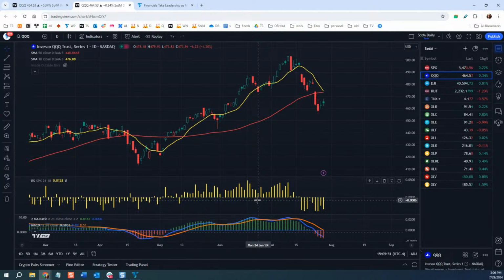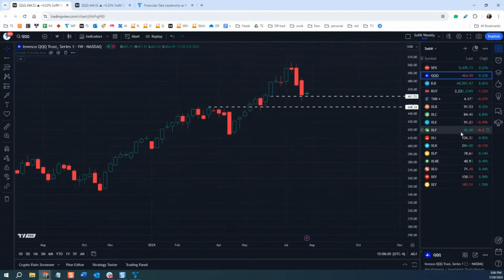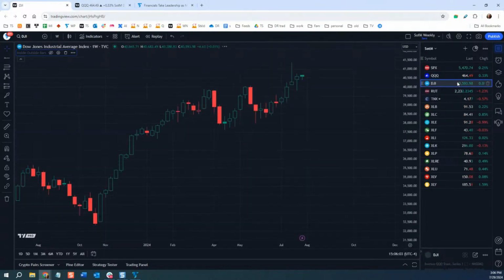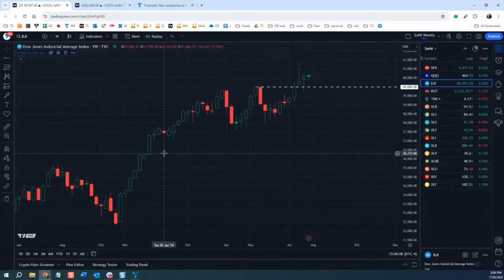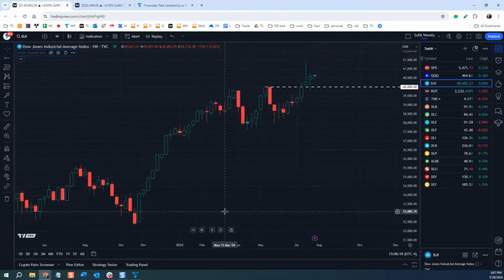When we look at some of the other things that are similar to the Qs, like the XLK, the XLY, and the XLC, those are all, not surprisingly, having similar patterns. Now, the one that really grabbed my attention, I did a TradingView idea on this morning, is the Dow Jones Industrial Average. What's important about this one on the weekly chart is that we have an inside week forming on the Dow. You can see right here, it's an inside week and it's above this high for May. This was the thing that was most interesting to me.